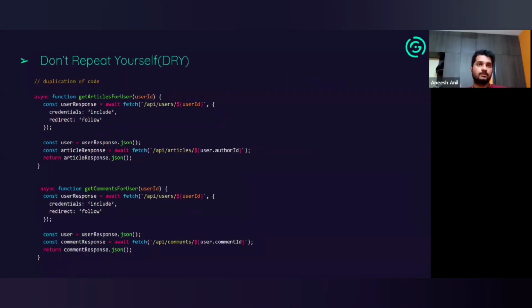Yeah, another very important principle would be, do not repeat yourself. It's called DRY. Abbreviated to DRY. What it means is, if you have the same piece of code being copy pasted a bunch of times, you should have that piece of code in a function and call that function wherever you want to use that code,